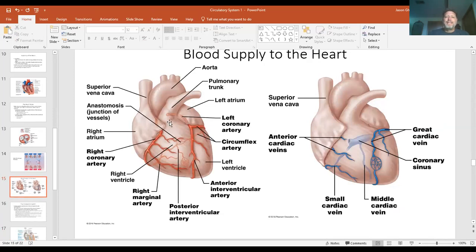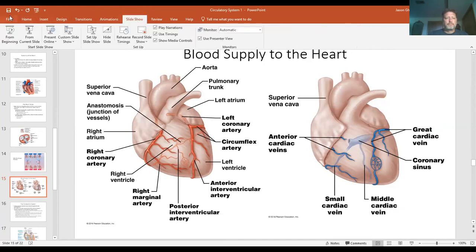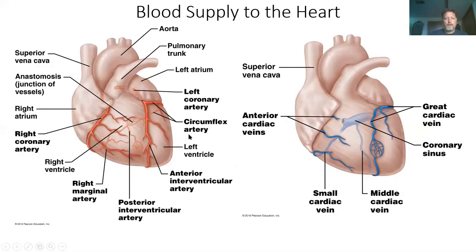Now, as blood leaves, right here, just kind of right through this area. As blood leaves, let me see if I can draw a little bit on here. As blood leaves and goes out